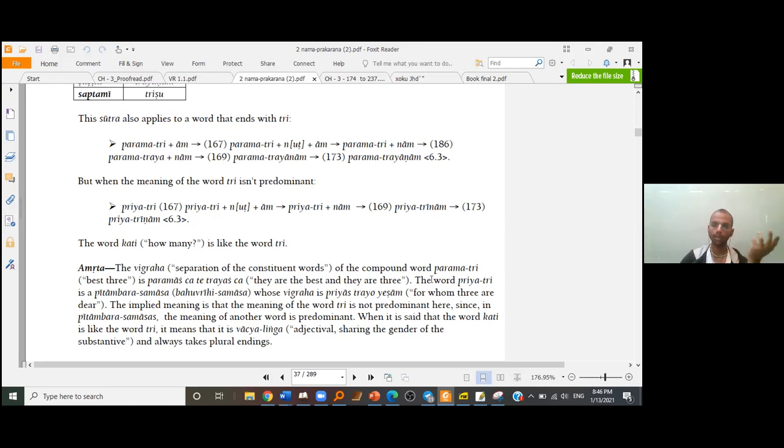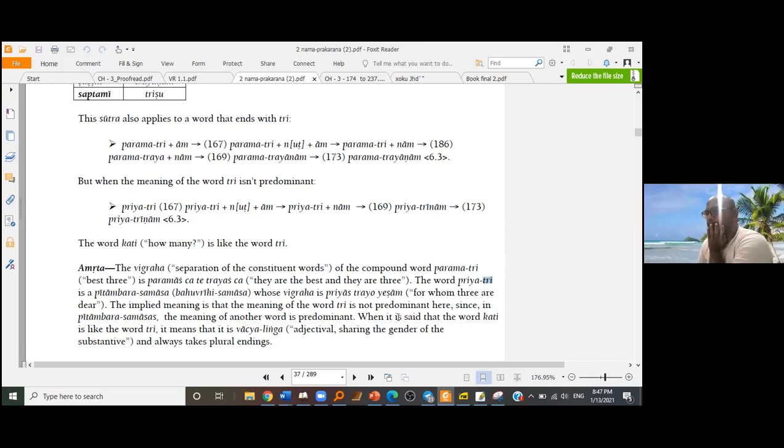You know, one is Purva Pada and one is Parapada. And in Pitambara Samasa, Pita Ambara Yasya Sa iti Pitambara, the Samasa is not talking of either the Purva Pada, which is Pita, or the Parapada, which is Ambara. It's totally speaking of the Anya Pada, which is the Lord, who wears Pitambara. Purva Pada, Parapada, and Anya Pada. So similarly, Priya Tri doesn't speak of Tri, which is the Parapada, which should be Swartha according to this sutra. It is talking of Anya Pada.